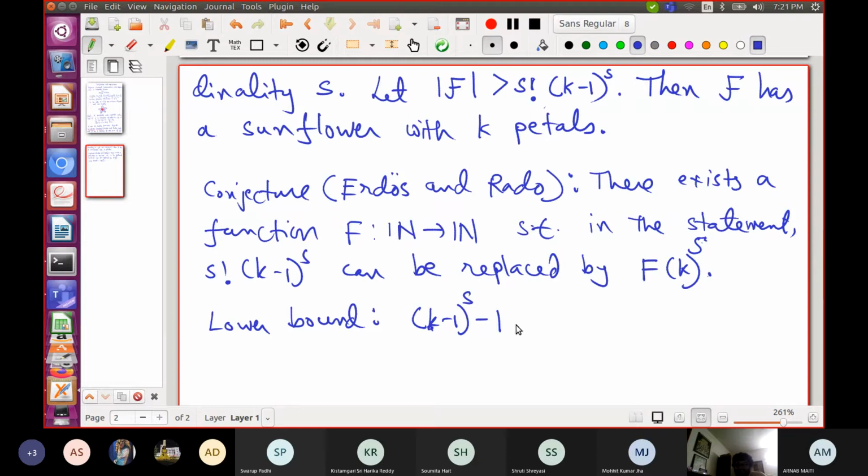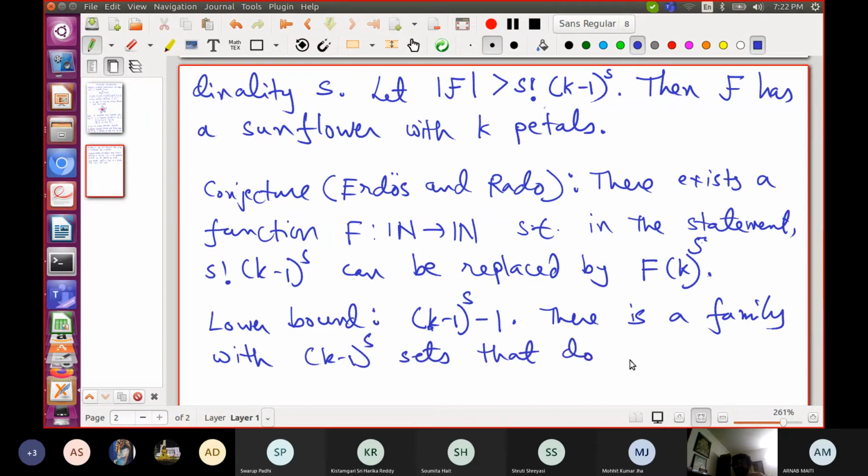So this is a lower bound that we know. In fact, we will see later today a family with (k minus 1) to the s sets that does not have any sunflower with k petals.